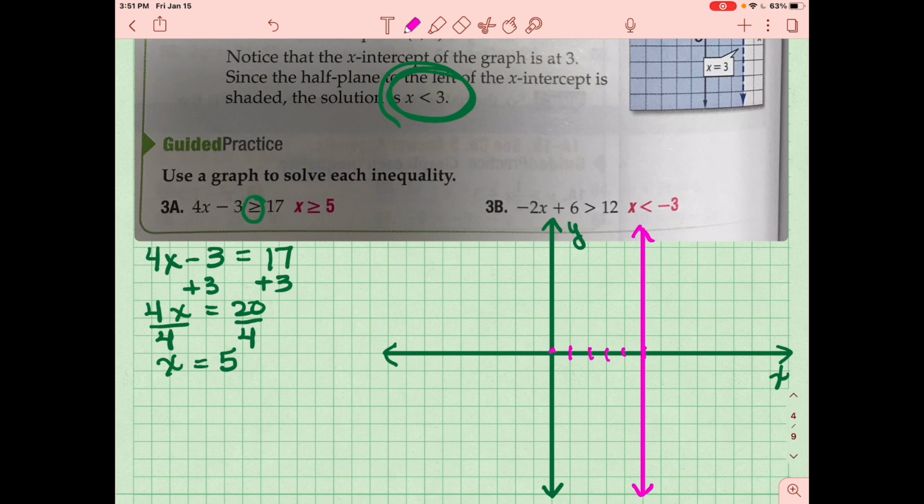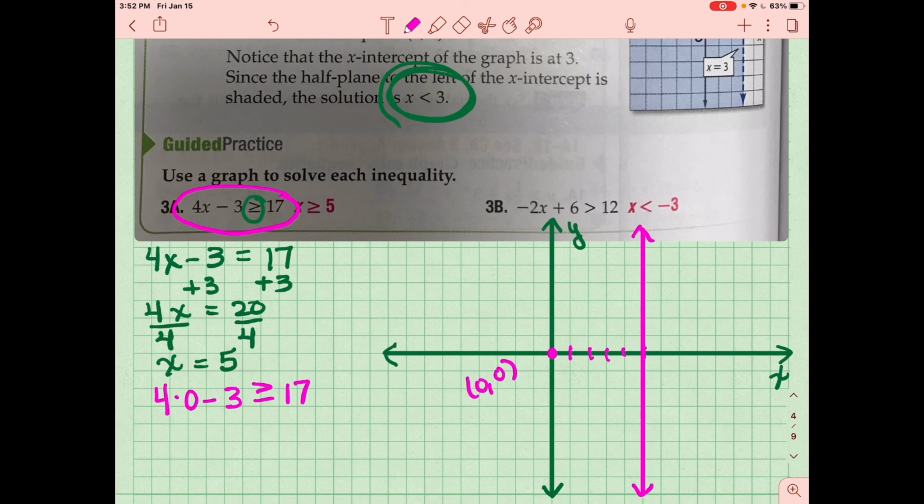And I need to know where to color. So let's pick a test point. I still like 0 and 0. Don't get so hung up on it that you think you have to use 0 and 0, because sometimes 0 and 0 is on a line and it's not convenient, but so many times it is that we're just going to use it. If I plug that in, I'm going to have 4 times 0 minus 3 is less than or equal to 17. That was my original